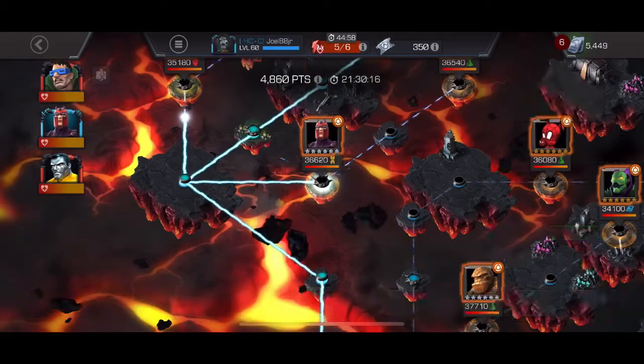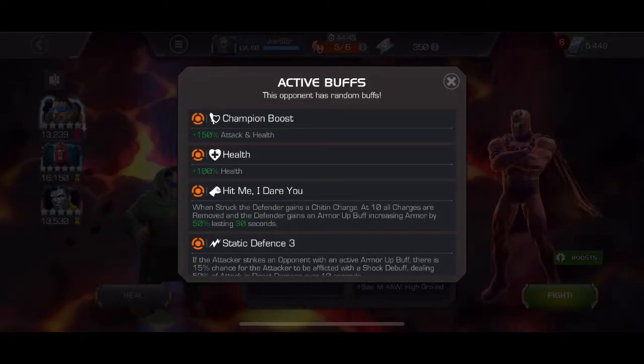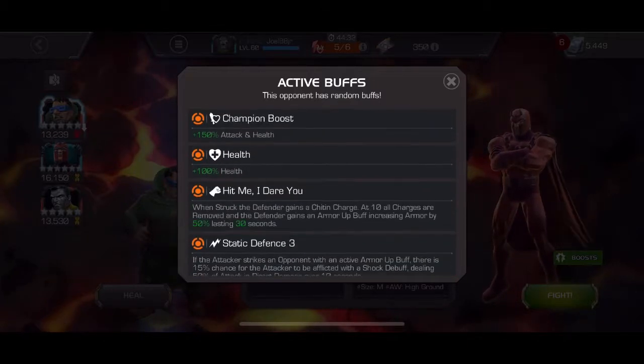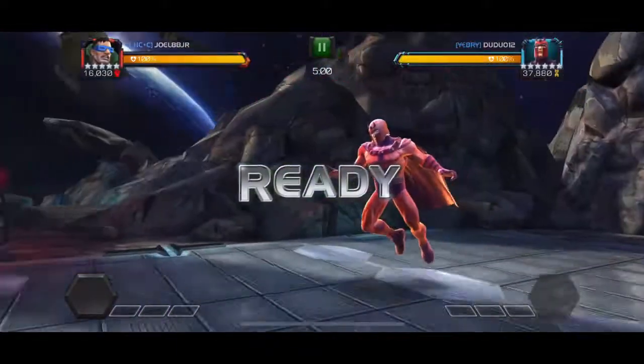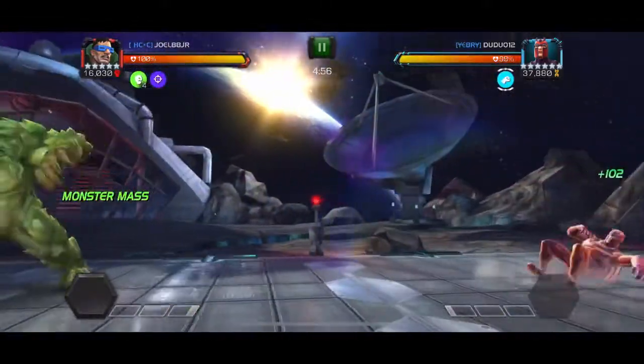Next up, we got Path 3. We have Magneto on this. This one, Hit Me, I Dare You. Every 10 charges is going to give you the armor up. If you hit them with the armor up, they're going to get a shock. So I wanted a shock immune,